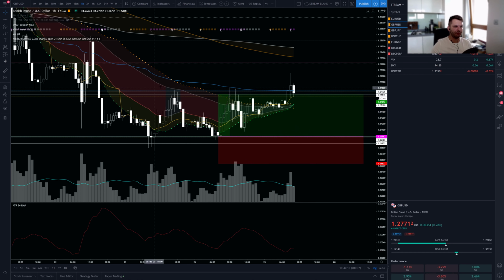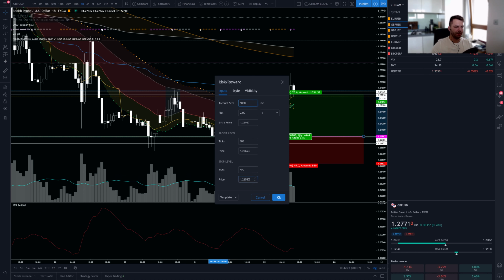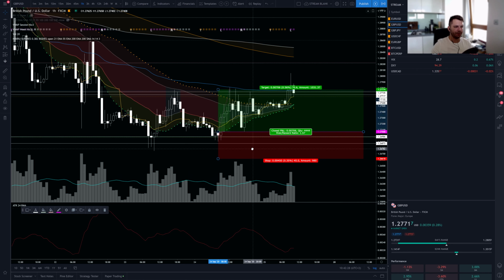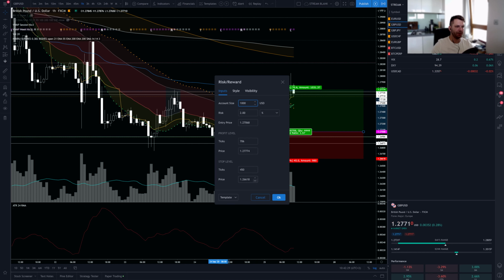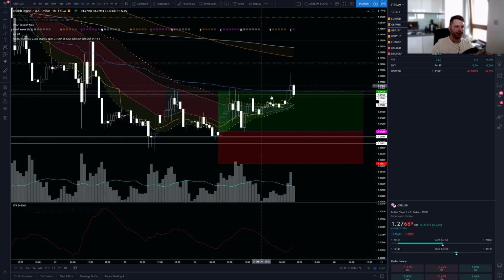So if we have a little, let's say, rangy thing like here, our stop level should be at this price. And if you enter too high, you will see that your potential risk to reward ratio will shrink. Okay, so we had like 155 and